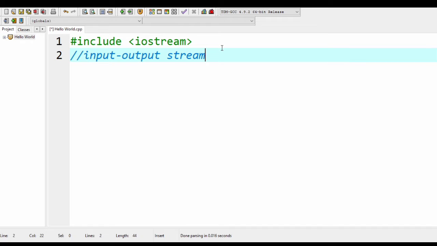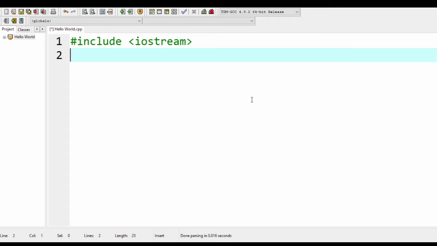I stands for input, O stands for output, then you have stream. So what does iostream do? Basically, iostream is a header file, and it contains specific functions. For example, we have the cout earlier. It has all these functions that we need to input and output different things like numbers or words, characters, whatever we want.